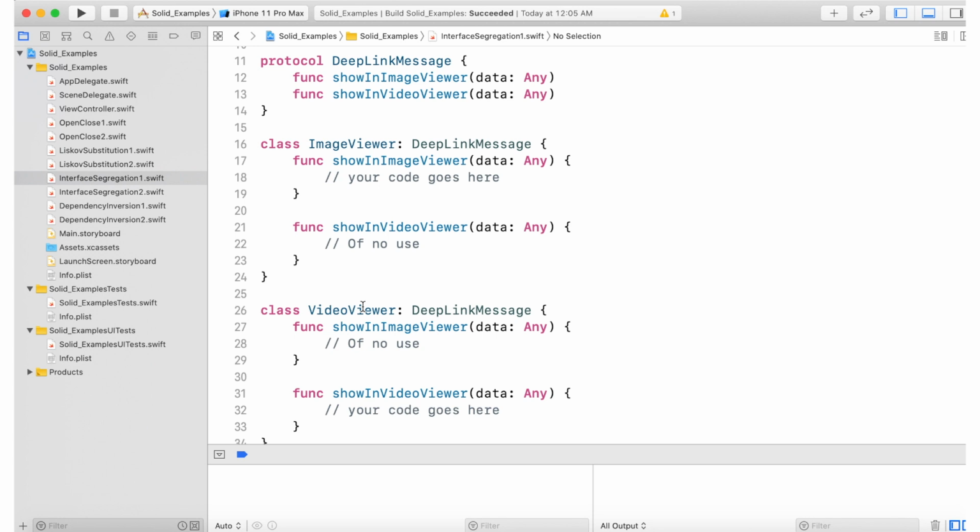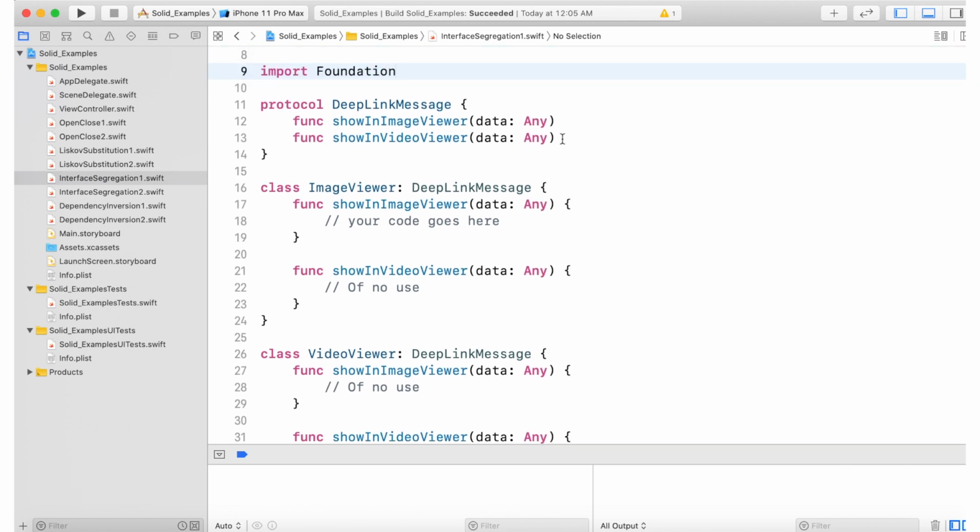Because there is no logical separation in our protocol design, these two clients are forced to implement both methods every time. And similarly, if there were various other functions in this protocol serving logically different purposes, then ultimately this protocol would become fat because there is no logical separation in it.